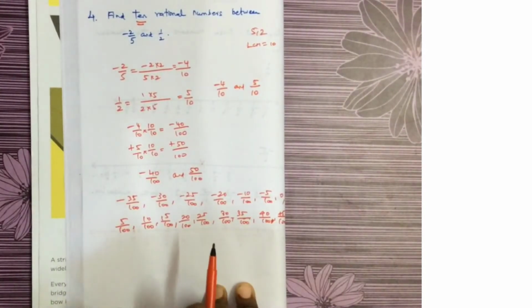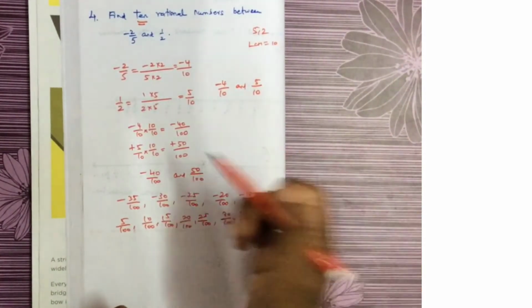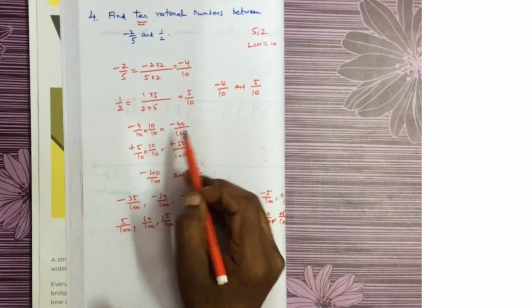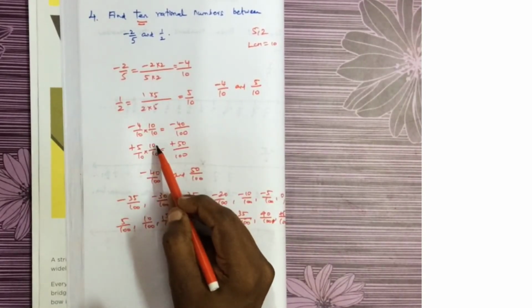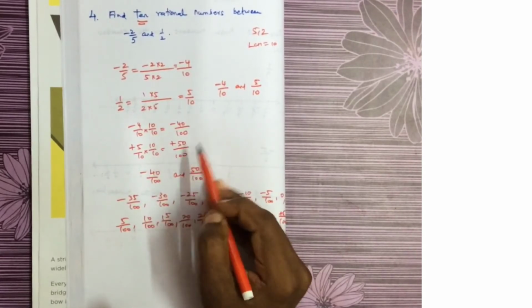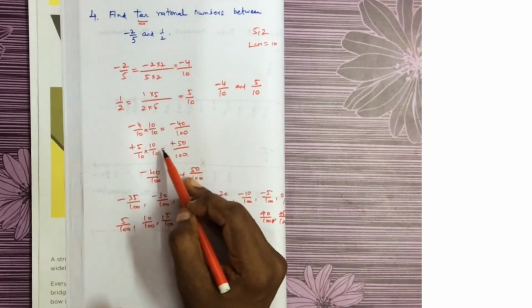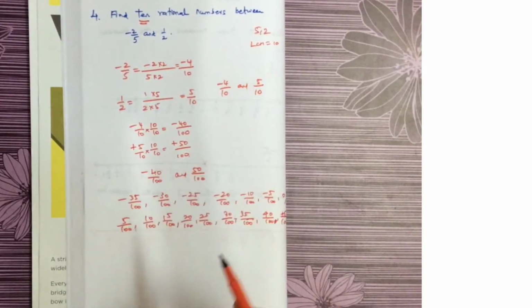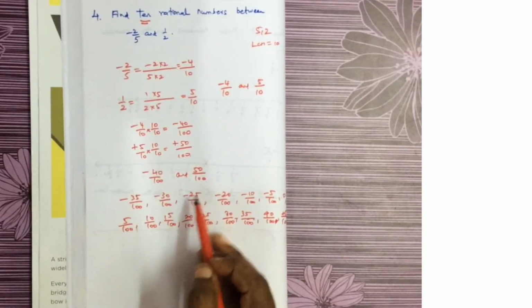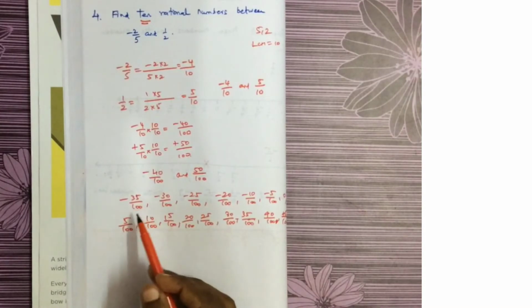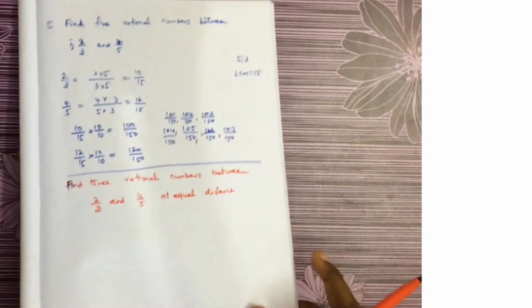Okay. So now I have to represent some 10 rational numbers in between them. So I just multiply the numerator and denominator by 10. I am getting -40/100. Here, 5/10, multiplying numerator and denominator by 10, is 50/100. Make sure that the denominator is the same. If you multiply here by 10, you have to use the same 10 to multiply here. So now we have -40/100 and 50/100. So you can write any 10 rational numbers from this group of numbers.